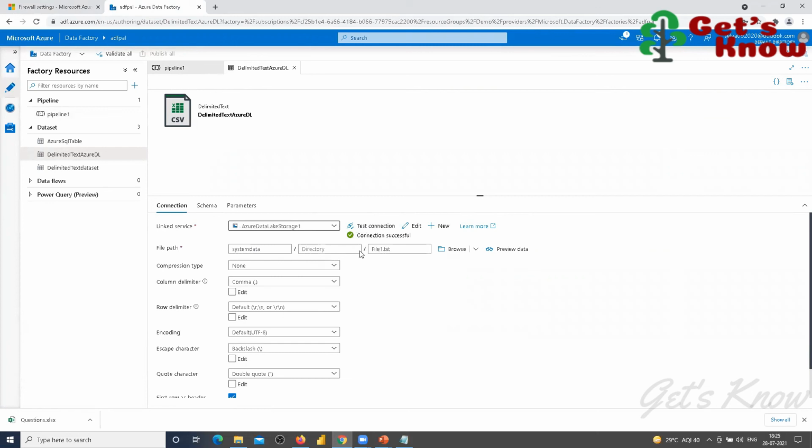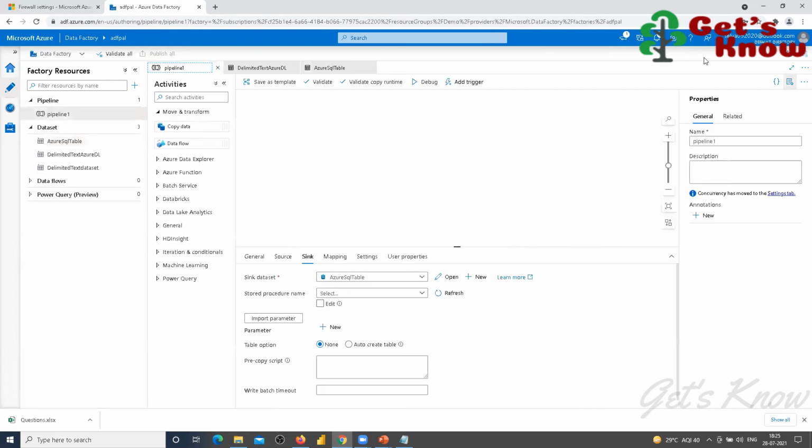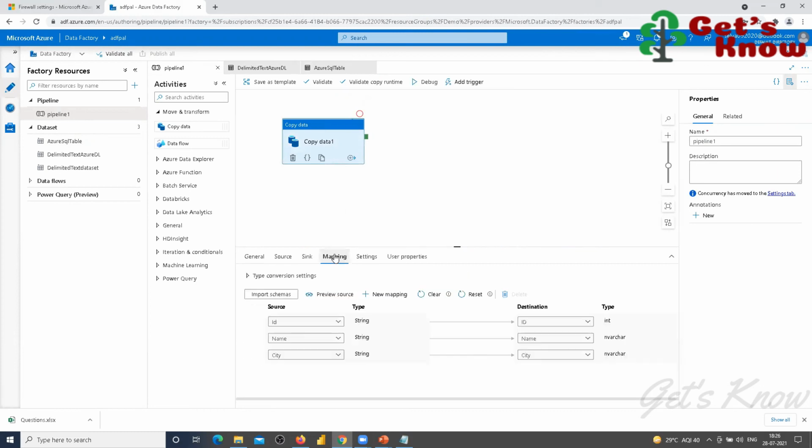Seems the problem is here. Testing is taking more time. Table is also available. So it's working fine. Then what is the problem here? Everything is there. Mapping is okay, fine.